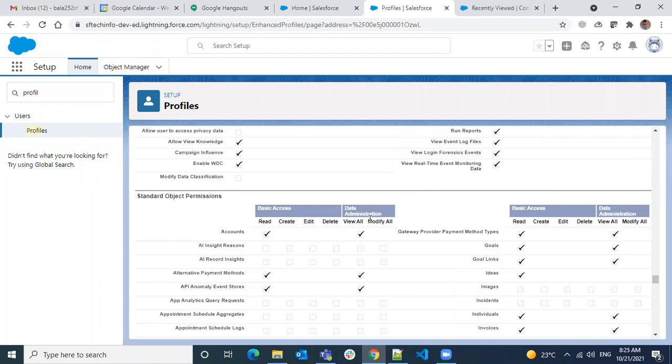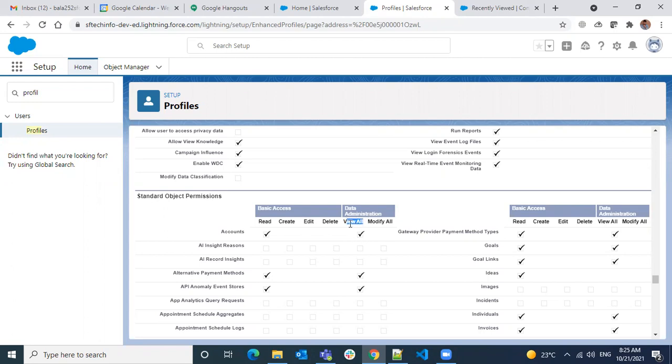So user A is adding 110 rows, user B adds 5 rows, so different users have added different records in their view. Whatever they created, they can see only those 5 records or 10 records that they created. But if you want to make visible what all other users are creating on the same object, you have to give this permission.